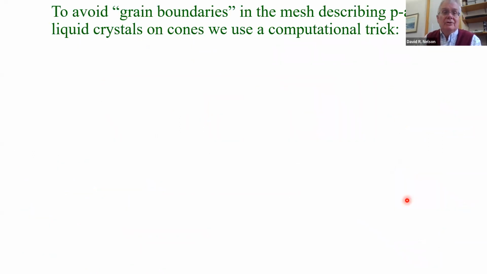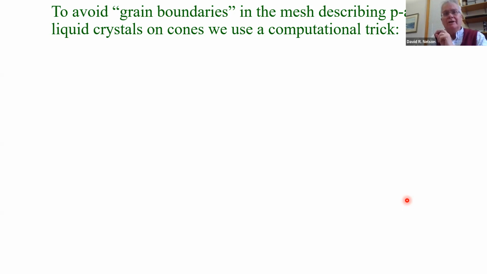I'm going to show you some of Grace's beautiful numerical minimizations for various p-atic crystals on cones in a minute, but I want to tell you a nice computational trick, which we found useful. If you just try to take a cone of arbitrary angle and put a mesh on it, say a triangular lattice or a square lattice, in general, you won't be able to do it, just like we can't make a regular lattice on a sphere. That cone angle gets in the way,